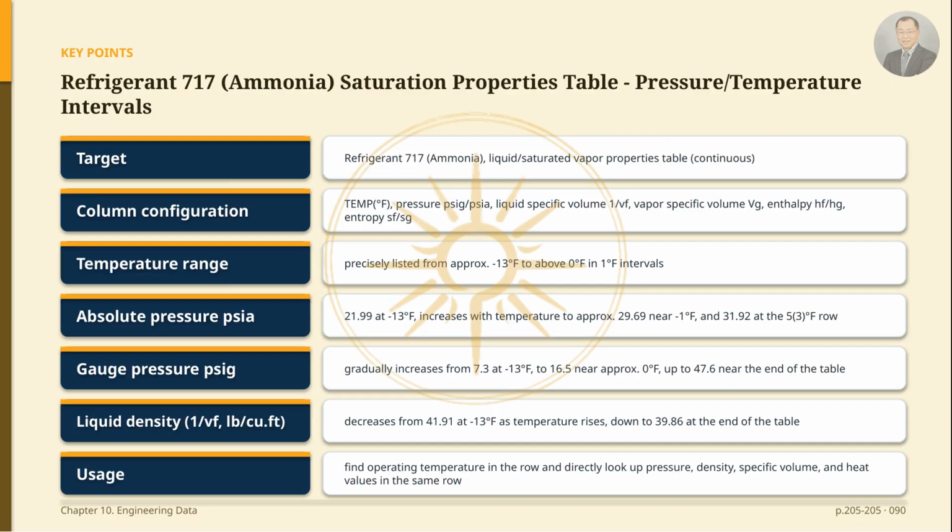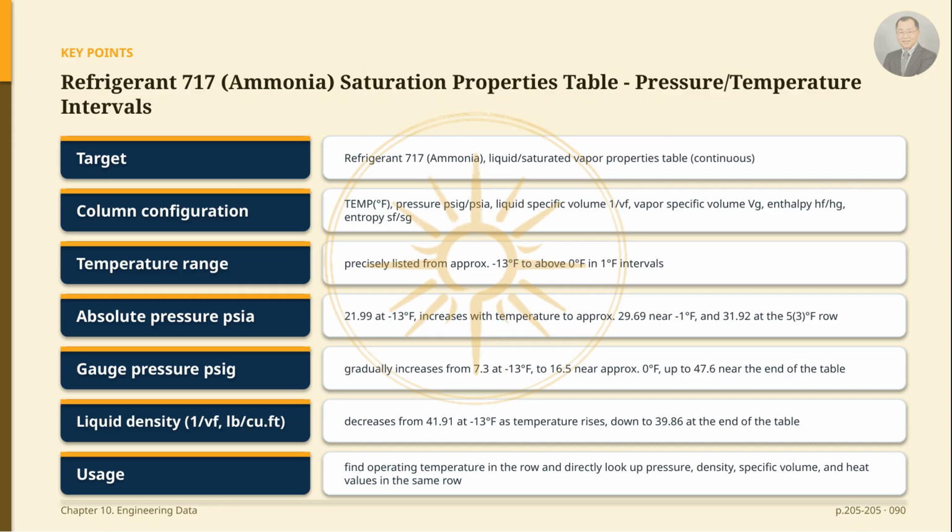I would like to introduce the section of the properties table for refrigerant 717 ammonia that organizes the pressure and temperature ranges. This table consists of temperature in degrees Fahrenheit, gauge pressure in psig, absolute pressure in psia, liquid inverse specific volume 1/VF, vapor specific volume VG, enthalpy for liquid HF and vapor HG, and entropy SF and SG. Temperatures are listed in precise 1 degree intervals, starting from around -13 degrees Fahrenheit up to above 0 degrees Fahrenheit,